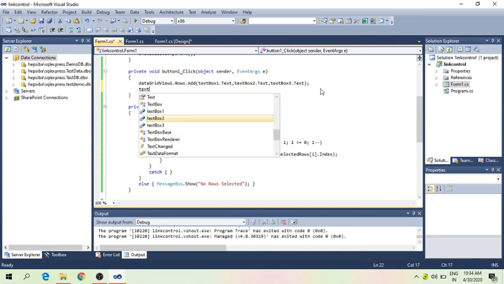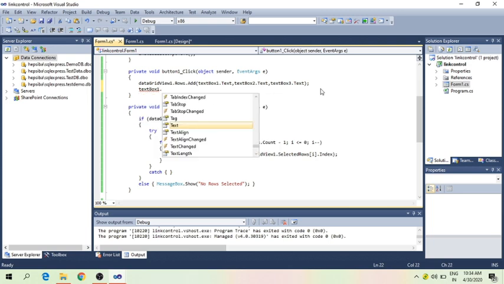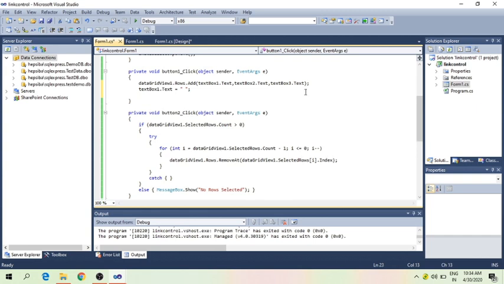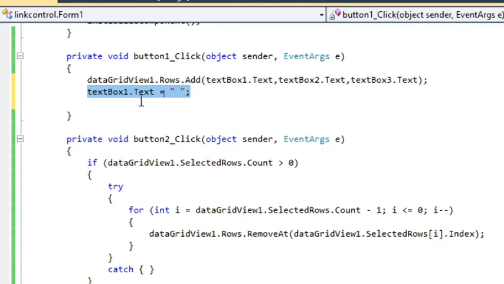TextBox1.Text equal to blank, double quotations and semicolon. Okay, this will help in clearing the data. This is how we will clear the data.